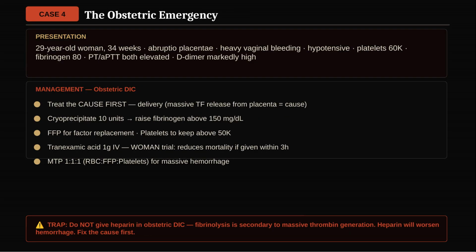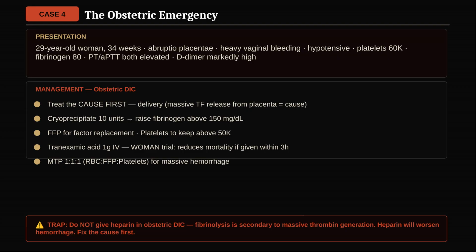A 29-year-old woman at 34 weeks gestation develops abruptio placentae with heavy vaginal bleeding. She becomes hypotensive; labs return: platelets 60, fibrinogen 80, PT and aPTT both prolonged, D-dimer elevated. This is obstetric DIC. The cause is massive tissue factor release from the placenta. Treat the cause first: delivery. Simultaneously replace: cryoprecipitate 10 units to raise fibrinogen above 150, FFP for factor replacement, platelets